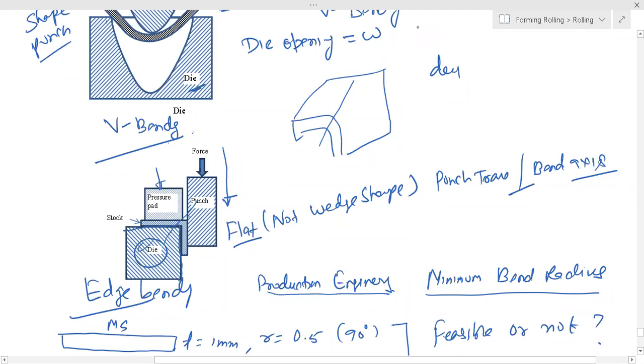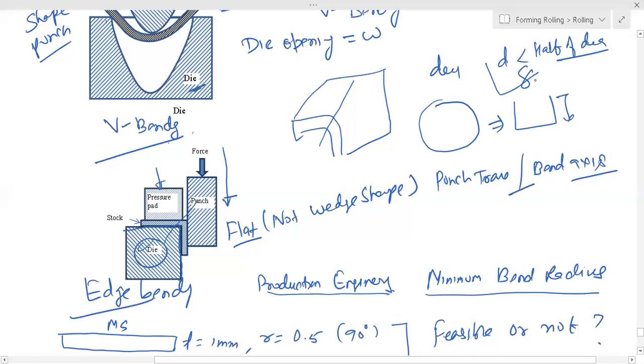Here we are simply bending. We are just doing sheet metal bending. We bend. We are not making a cup here. Cup means you have to take the blank and then make the cup. That process we call deep drawing. And cello drawing is when the depth is less than half of the diameter.